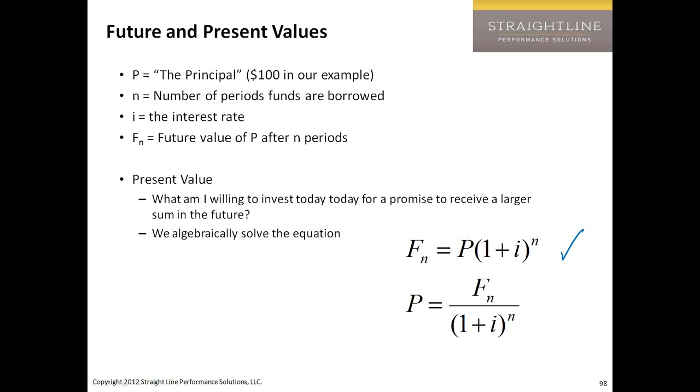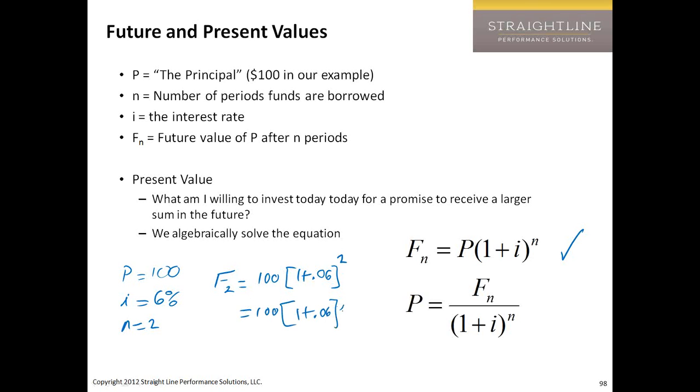Okay? So let's just write that out. If I had $100 today, if P were equal to 100, and the interest rate i were 6%, and I wanted to wait n equals 2 years, my future value after 2 years would be equal to 100 times 1 plus 0.06 to the second, which is, of course, equal to 100 times 1 plus 0.06 times 1